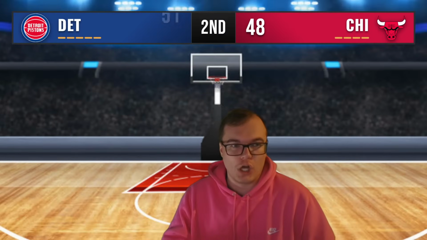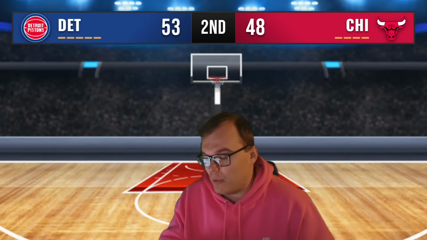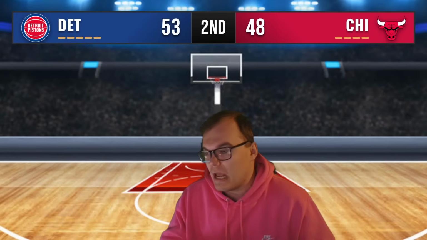About 30 seconds left to play in the first half. Asar Thompson has it for the Chicago Bulls on the left wing, drives inside all the way to the basket. Reverse layup is good. How about Asar Thompson going coast to coast? 25 seconds left in the first half, Pistons 53, Bulls 48. Josh Giddey has it working against Asar Thompson. About a 2-second difference between the game clock and the shot clock.